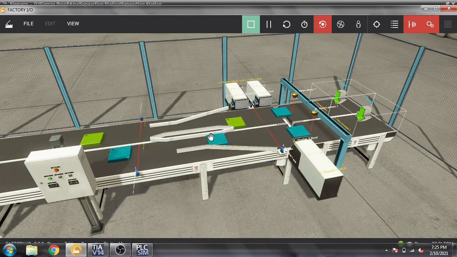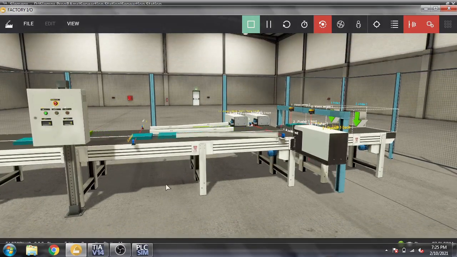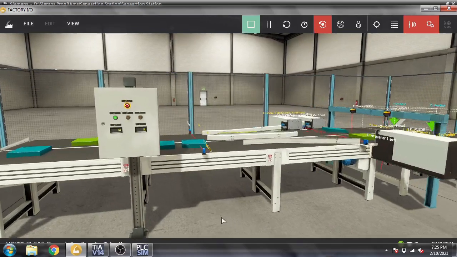Now you will see that that conveyor is for blue and the other one is for green. Now you will see that it will also separate the green ones like that. Now I am going to show you, it will count the blue ones and the green ones.